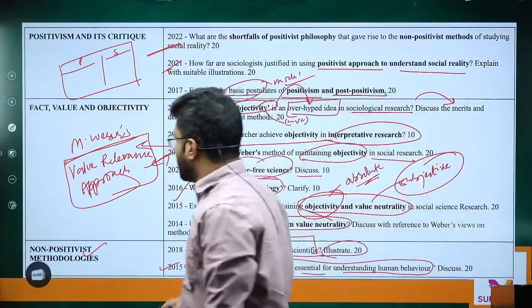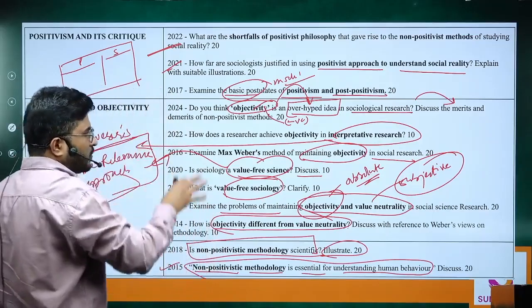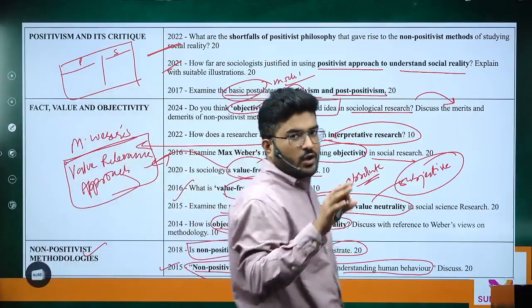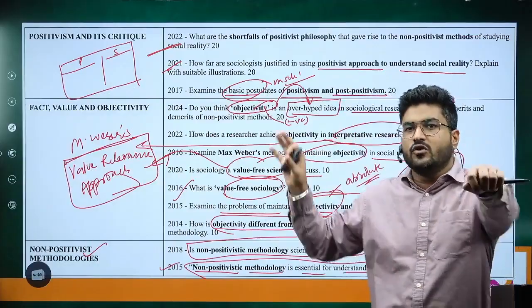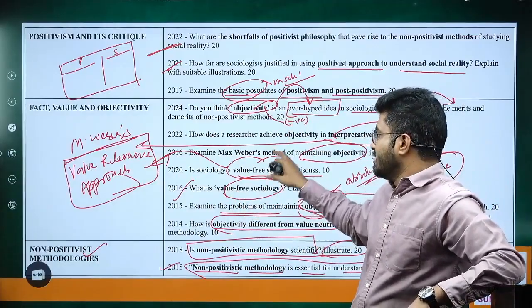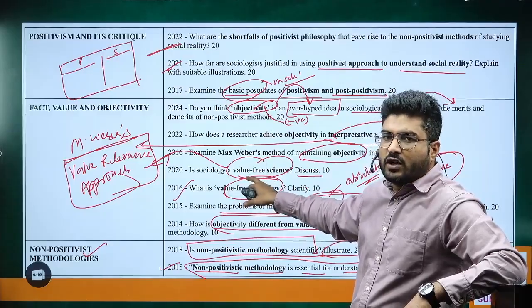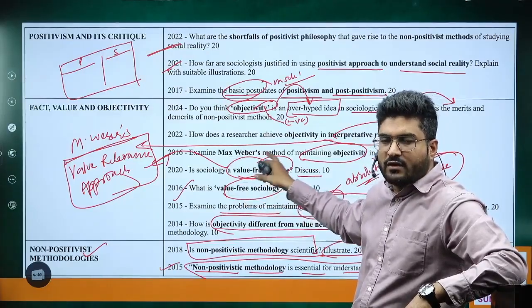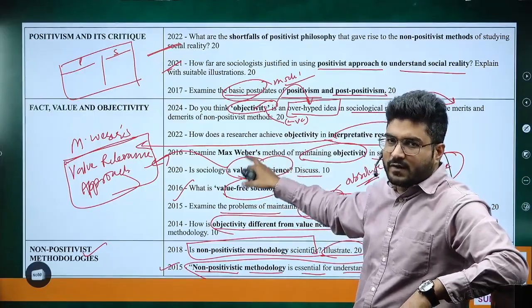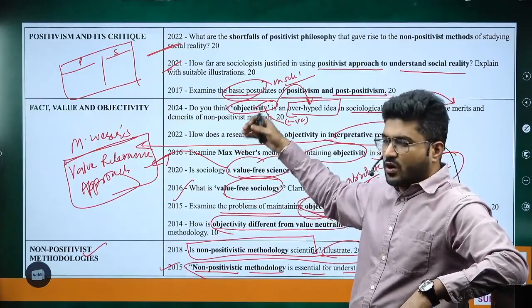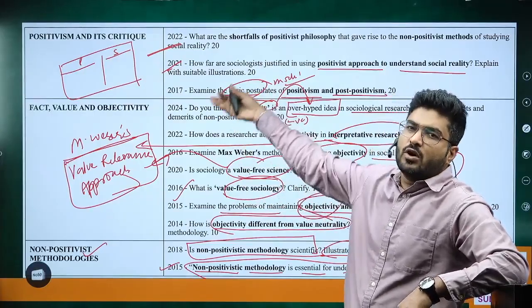So this is what the syllabus is all about. I have given you an overview of the various questions which have been asked and how they are related. So try to make notes out of it. Whenever you make notes on objectivity, try to compare it with value free science and value neutrality. Write down Max Weber's view, Max Weber's process, of how we have to look for maximum objectivity,